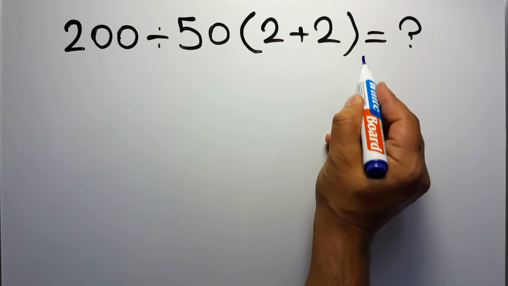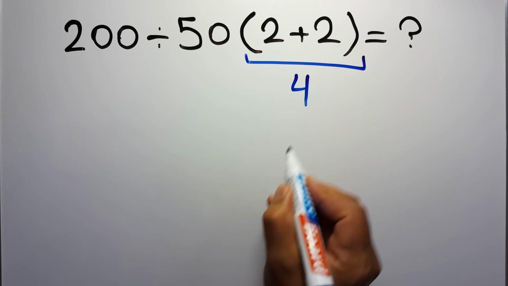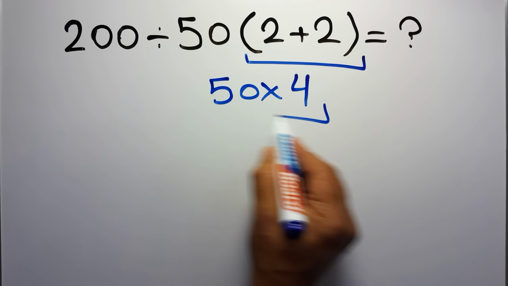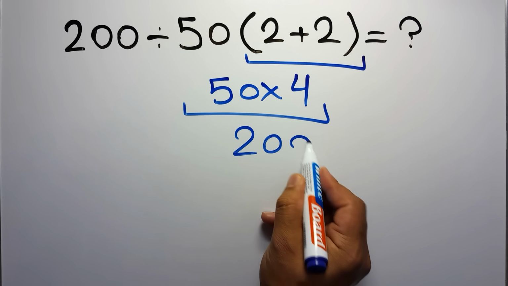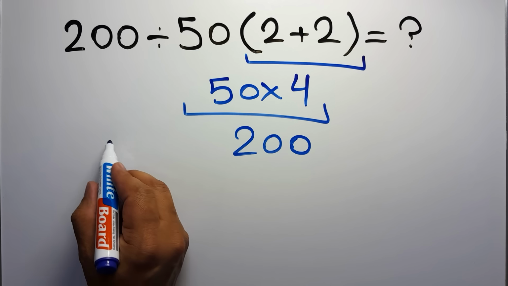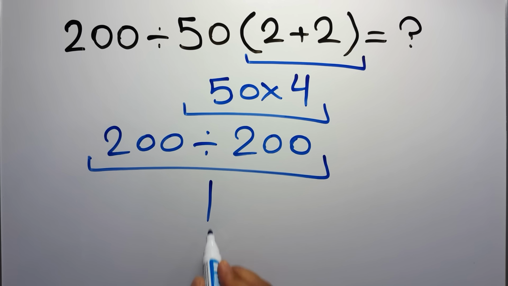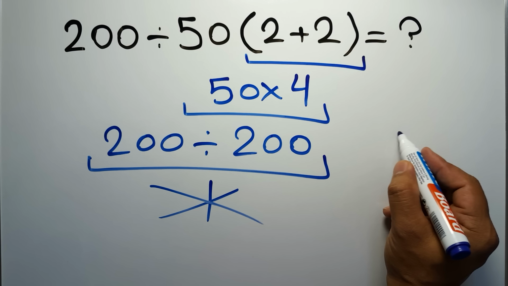2 plus 2 gives us 4. And 50 times 4 equals 200. So 200 divided by 200 is just 1. But this answer is not correct. Because according to the order of operations, which is PEMDAS,